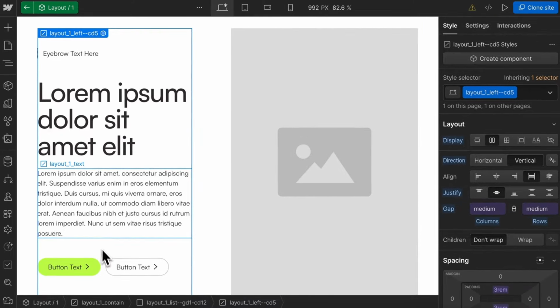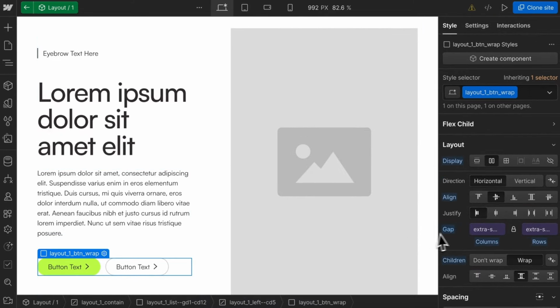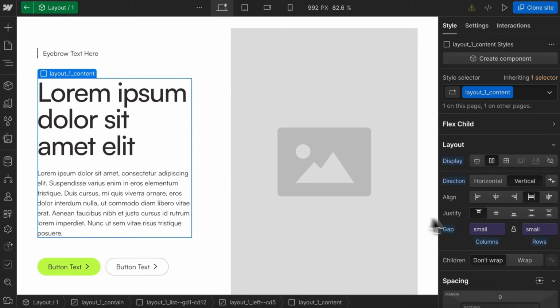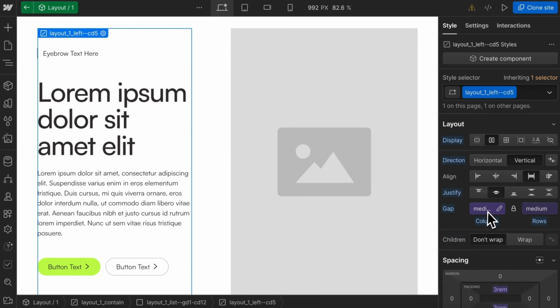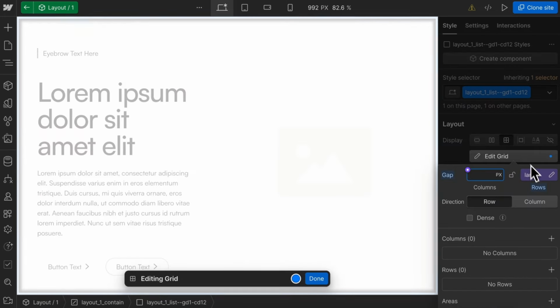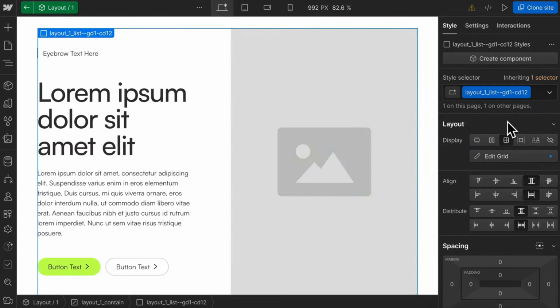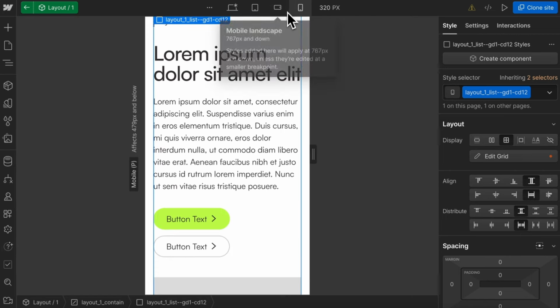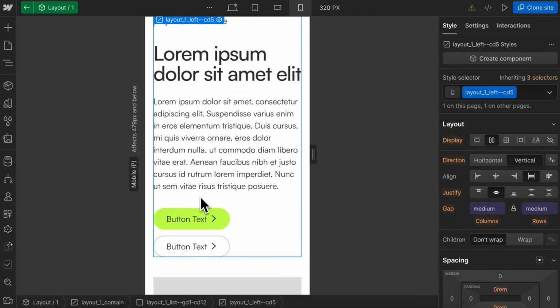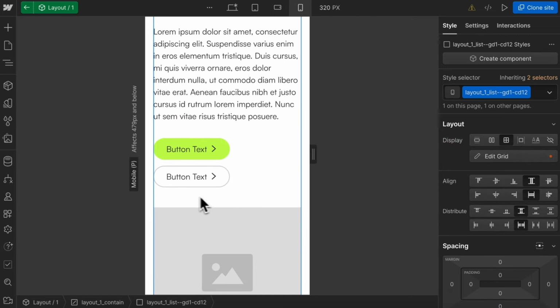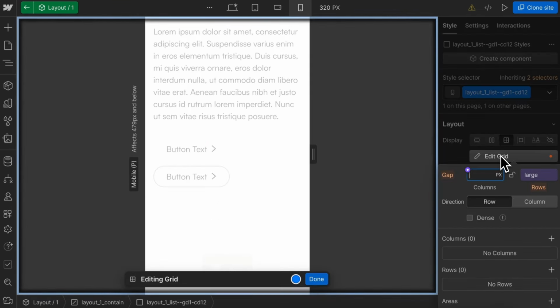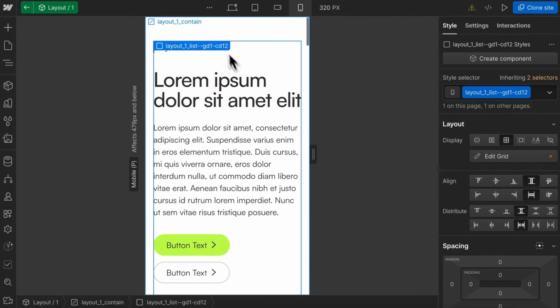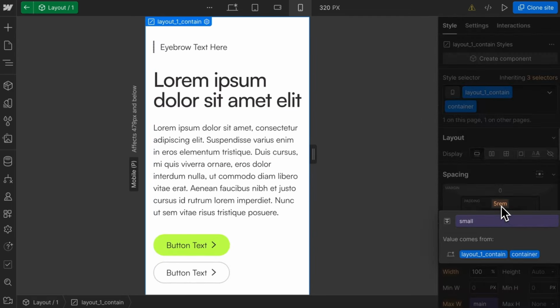To see this in practice, the gap between our buttons here, we could use space extra small. Between the text and the title, we could go with space small. Between the text and the buttons, we might use space medium. And our gap between the text and the image, vertical gap, we could go with space large. So that when things stack on mobile, our buttons are still closer to the text than they are to the image. And even this inner space of large is still smaller than the smallest top and bottom section space that